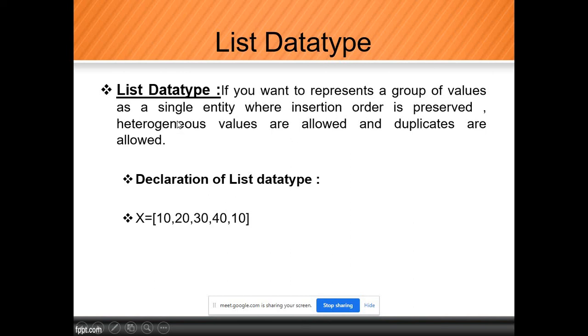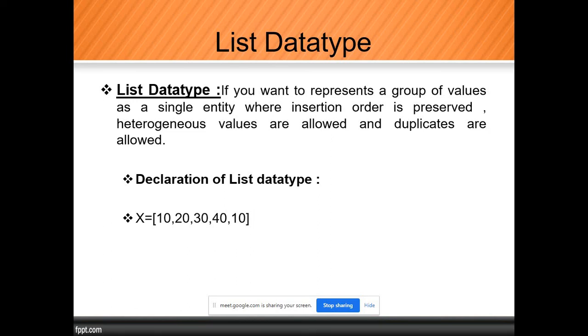Okay, second is heterogeneous values. Heterogeneous means what? Different kinds of data types. Does the list data type support heterogeneous data types? The answer is yes. Do bytes and byte array support heterogeneous data types? The answer is no. See, we need to correlate these data types with each other. So you now know the differences. As we saw earlier, the repeat operator and slice operator do not work in bytes and byte array, but these will work in the list. We'll discuss that. But we need to compare one data type with another data type.